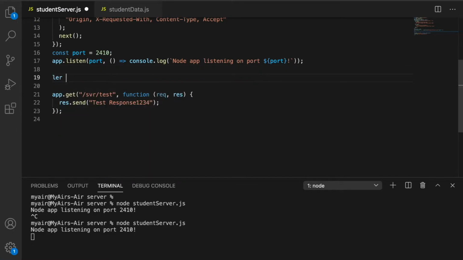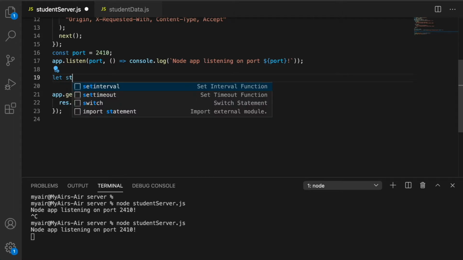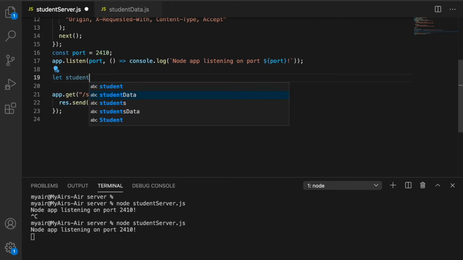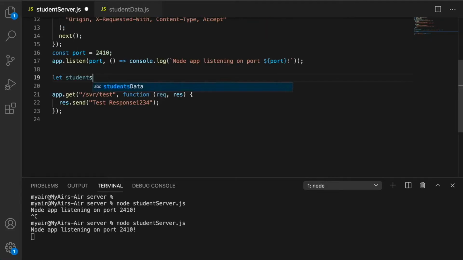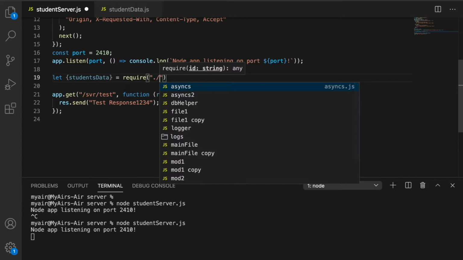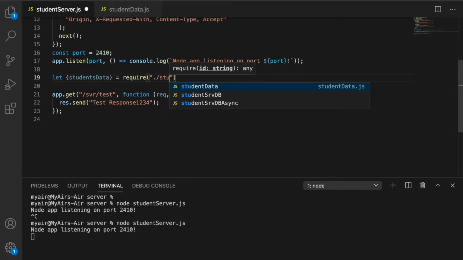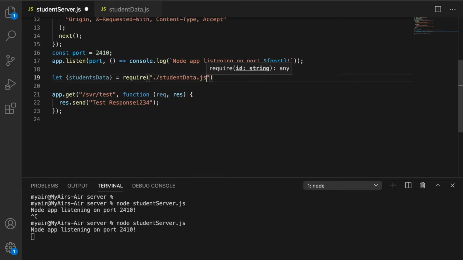Let's say let studentsData, and I can destructure it, is equal to require, and what was the name? student-data.js. So now we have that studentsData.